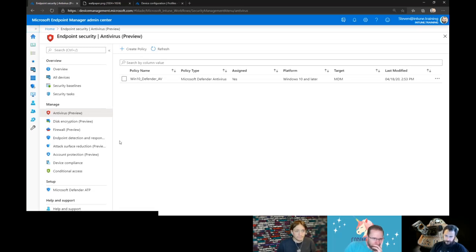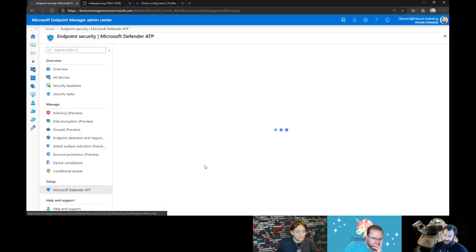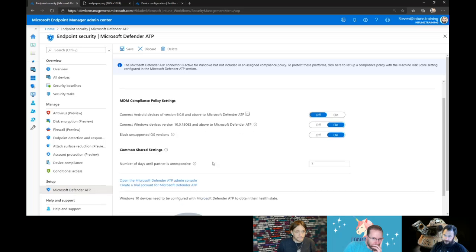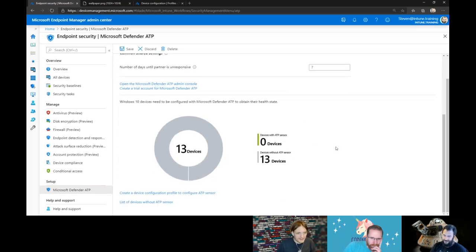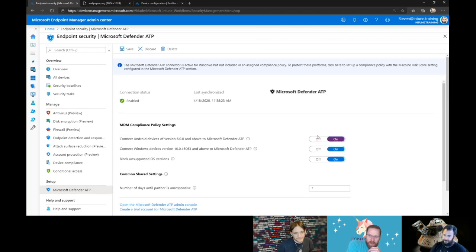Definitely. And probably the last thing to call out here is the setup, Microsoft Defender ATP. Previously, there were only 2 sliders here. There's now a third one for automatically connecting Android devices, 6.0 and above, to Defender ATP. That's funny. That's the first thing about Android I've seen recently. Everything's, oh yeah, we've got Mac OS baked in and all that sort of stuff. But yeah, interesting. We should probably turn on some of our devices in our tenant soon.